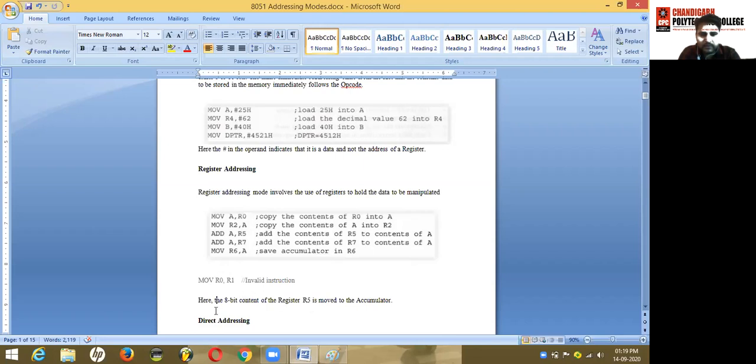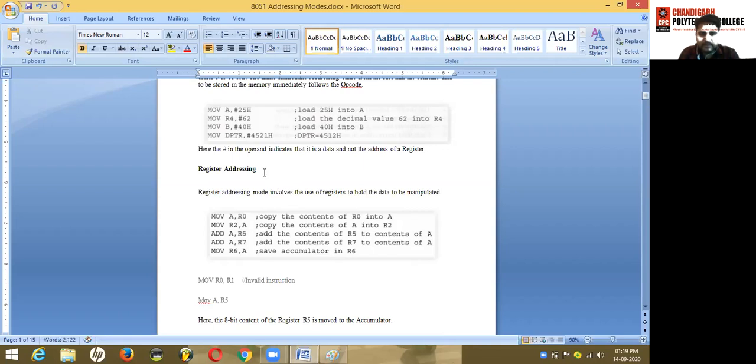If you take the example of MOV A, R5, this example shows that you are going to transfer, move, load, or copy the content of the R5 register into the accumulator.